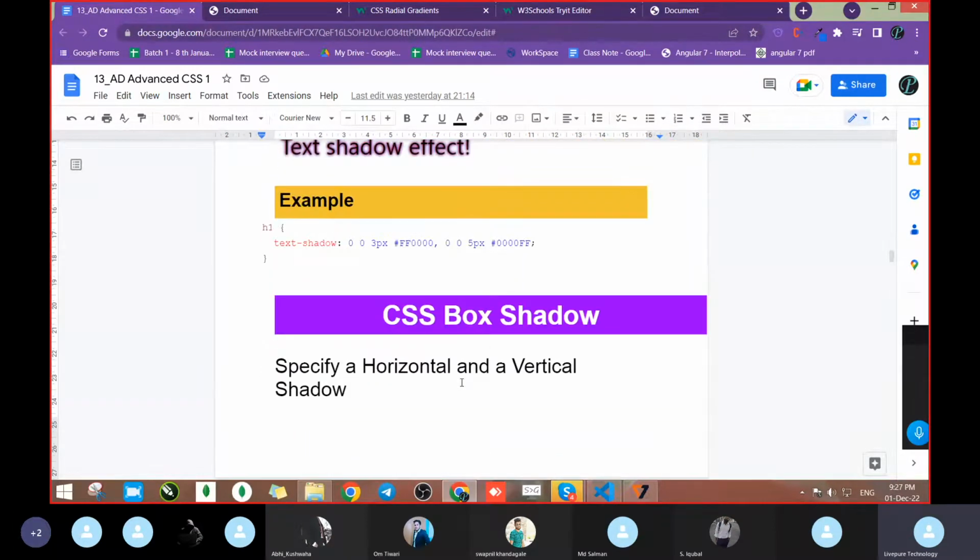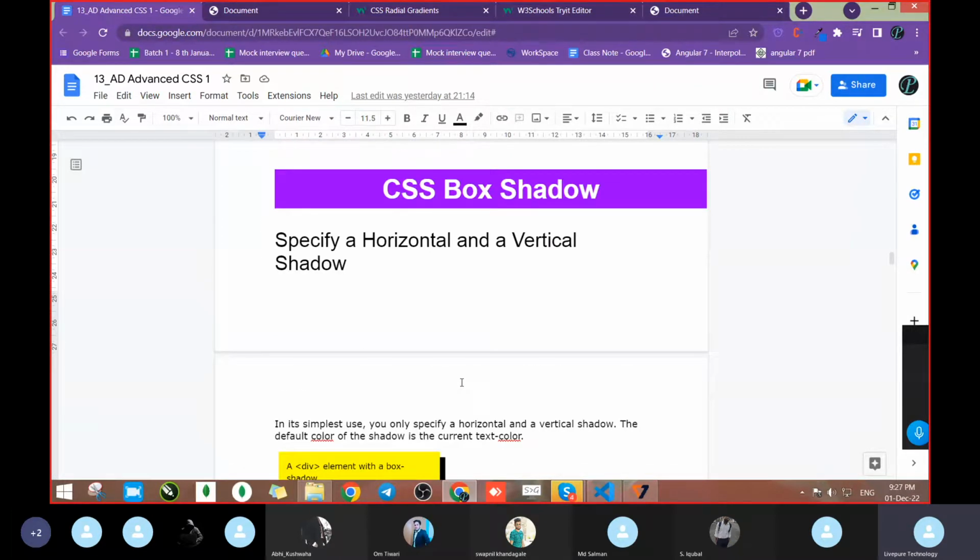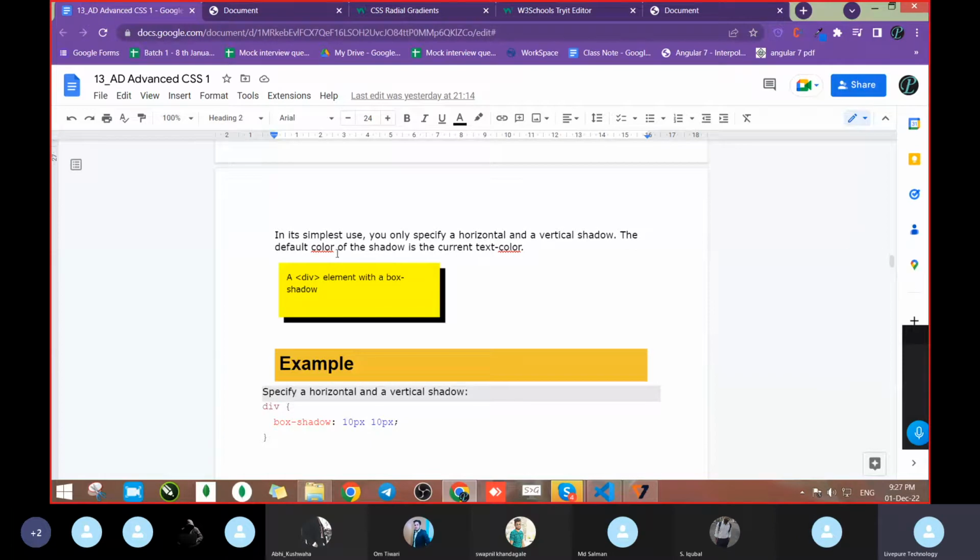So how will we do box shadow? Box shadow means suppose some box is there, we created some box and we want to create the shadow. Mostly in the case of an image gallery, you will see these designs. So specify a horizontal and vertical shadow. In the simplest way, you can simply give a horizontal and vertical shadow. The default color of the shadow is the current text color. Whatever text color is there, that will be the